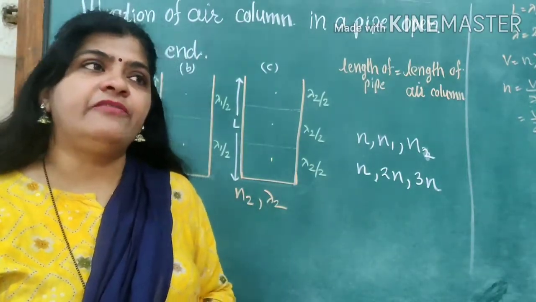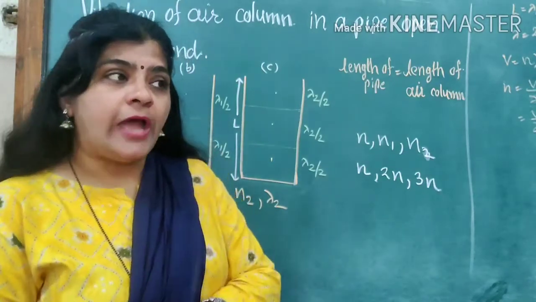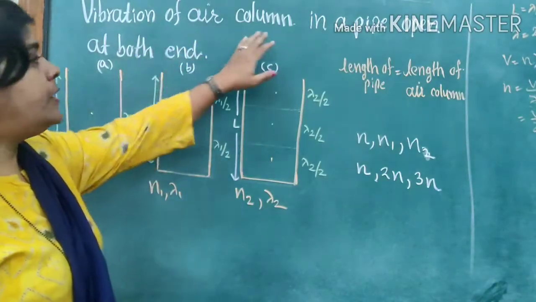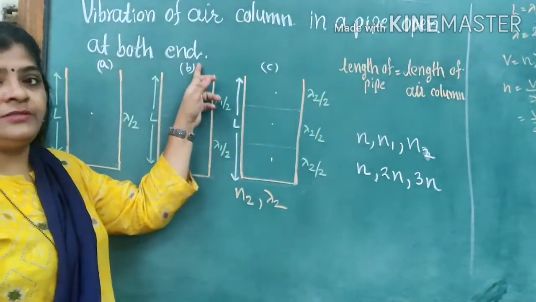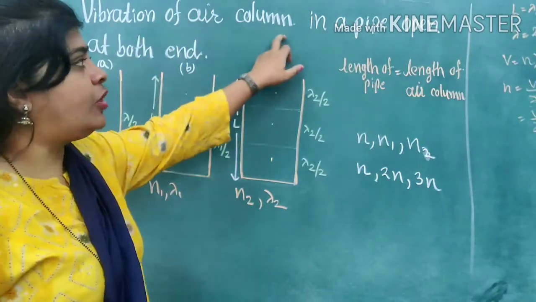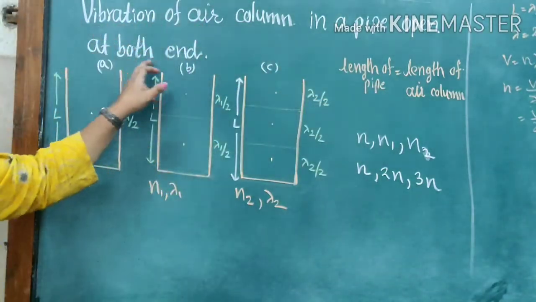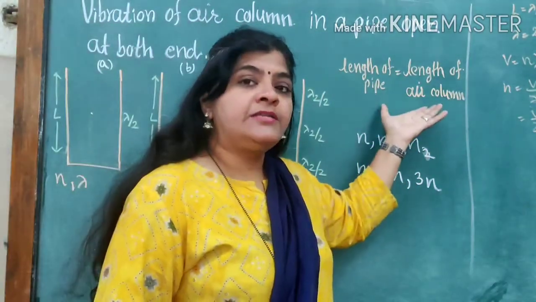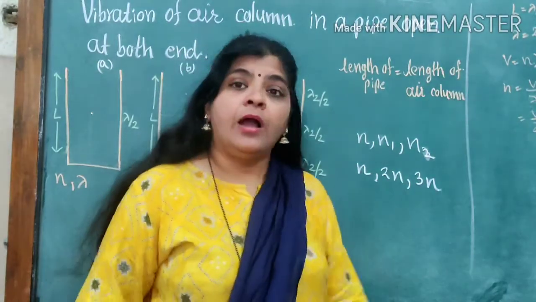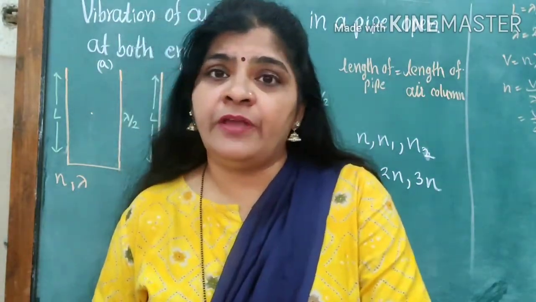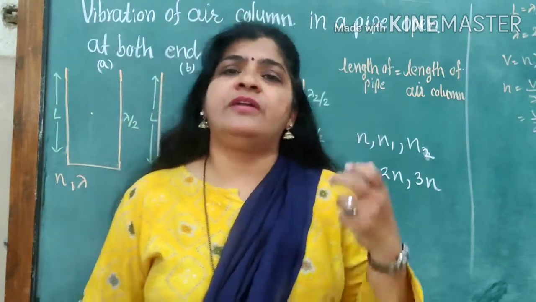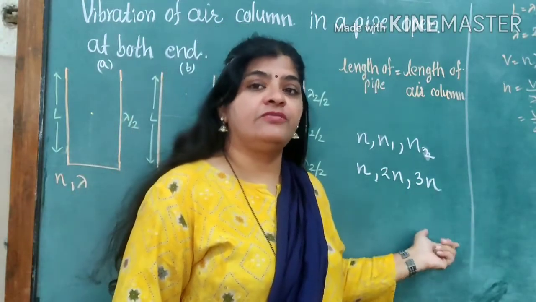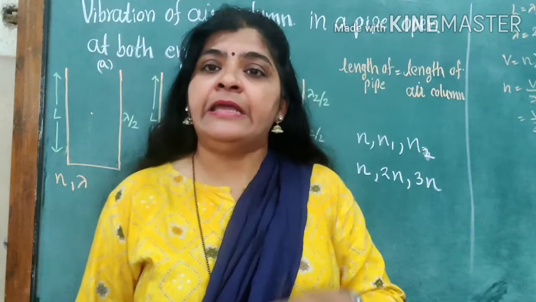The question can be asked in different ways, such as to show that all the harmonics are present in a pipe which is open at both the ends, or to explain the vibration of the air column in a pipe open at both the ends. Two or three ways the questions will be asked here, and you have to remember the formula for it. Again, this topic is important for problem solving. At that time we require the basic fundamental formula, or the formula for the third harmonic, the fourth harmonic. That formula also we are learning in this topic.